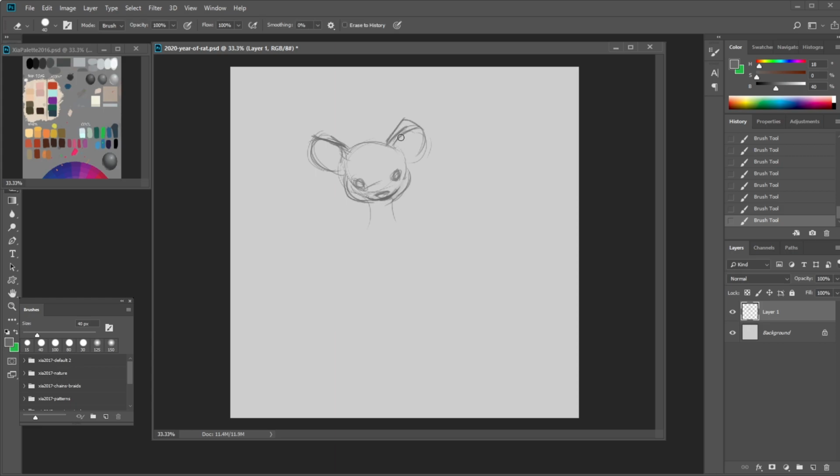So I'm gonna have to gather a bunch of references and look at them before I can even start drawing them. And you must always look at the real reference too, like a real rat, different kinds of rat, different types of rat, and then you start working on your reference board. And if you want to know about the reference board, I think I have some video on it. You can type my name and type reference board on YouTube, and you'll find what the reference board should look like. Sometimes you can put it in a folder if you don't want to arrange it in the reference board, because sometimes it can be a pain. And usually the reference board,